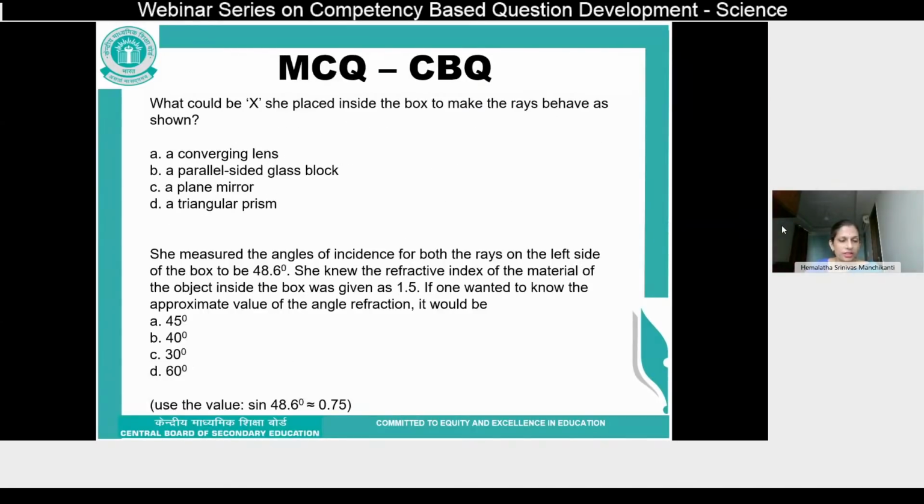This is also in continuation, taken from the same case-based question. Noor asked her audience a few questions and noted down the main responses. These are the questions. And it is just like a complex multiple choice question in this particular case-based question, where 5 options are given, and options A, B, C, D are nothing but groups of these options, that is 1 and 2, 2 or 3, 3 and 4, 1, 2, 3 like this.